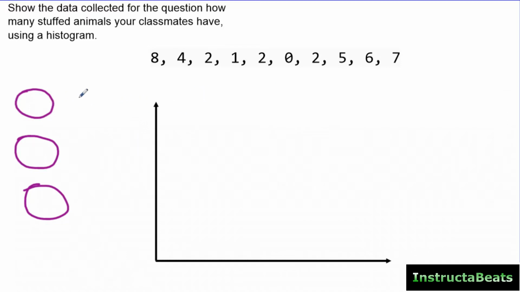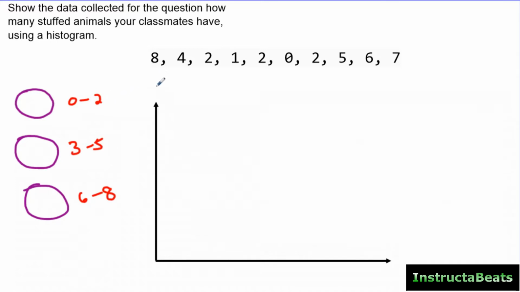Our first bin is going to be from 0 to 2 stuffed animals. Our second bin would be from 3 to 5 stuffed animals, and our last bin is going to be from 6 to 8 stuffed animals. Now, in a histogram, you don't have to make the bins even, but then it becomes a little bit more confusing and a little bit more complicated. So if you keep your bins the same, meaning that you have 3 different options for each of them, right? 0, 1, 2, 3, 4, 5, 6, 7, 8,